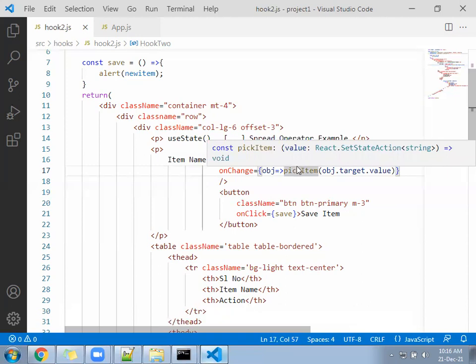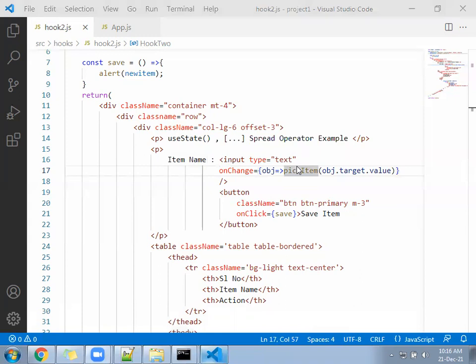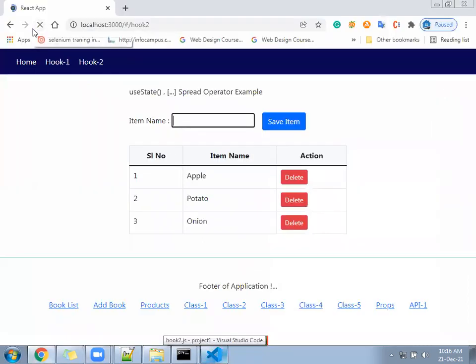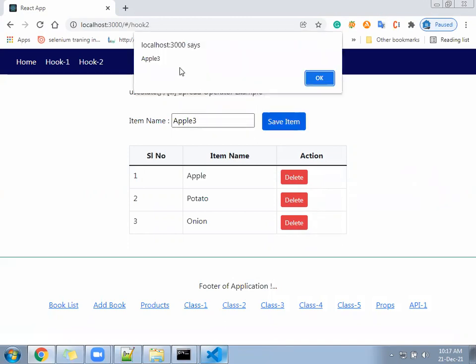Whichever value you enter, that value will come immediately in the alert. Suppose I go here and enter Apple 3. Click on save. It will come in.